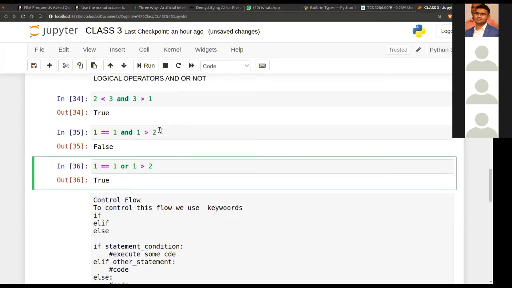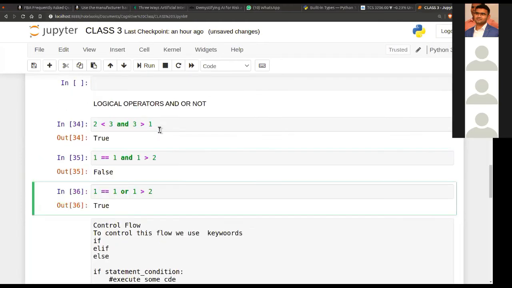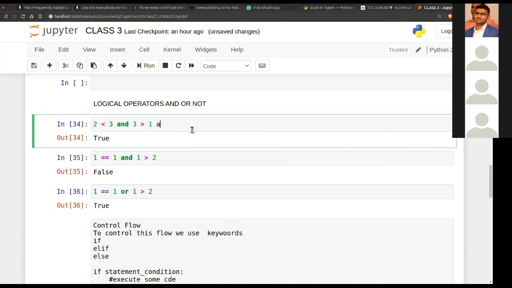You can put n numbers of operations over here, it doesn't matter; you will get the last output. If you want more control over your operations, you can use parentheses. You can divide it and it looks good and is more readable.